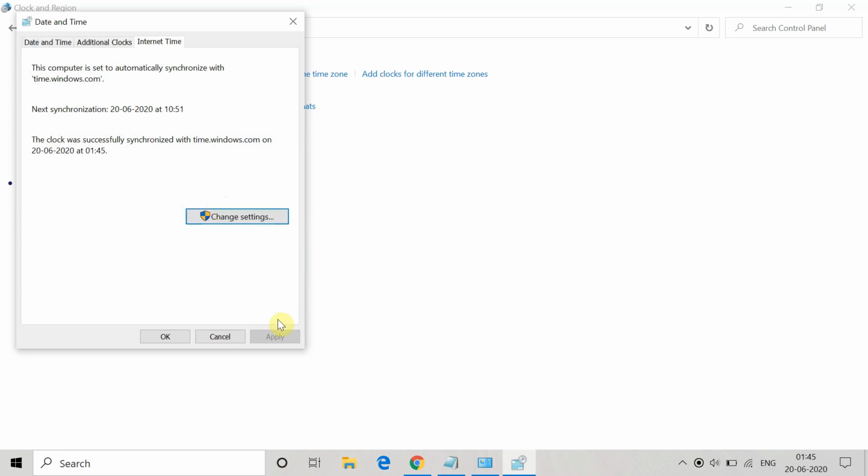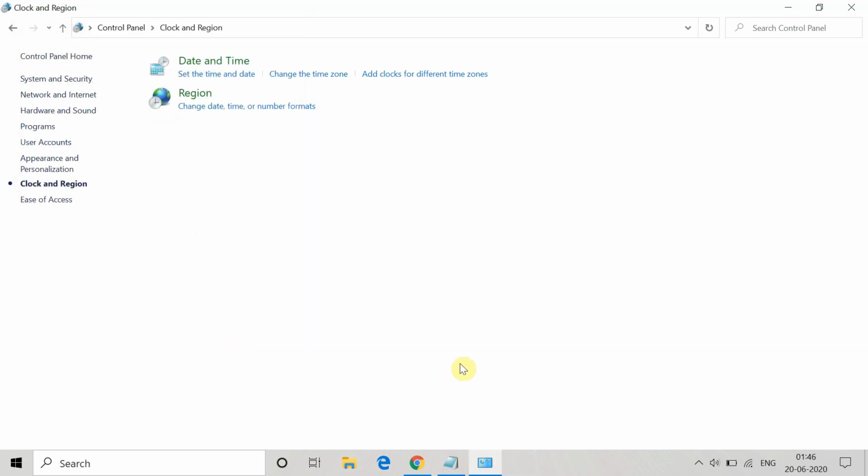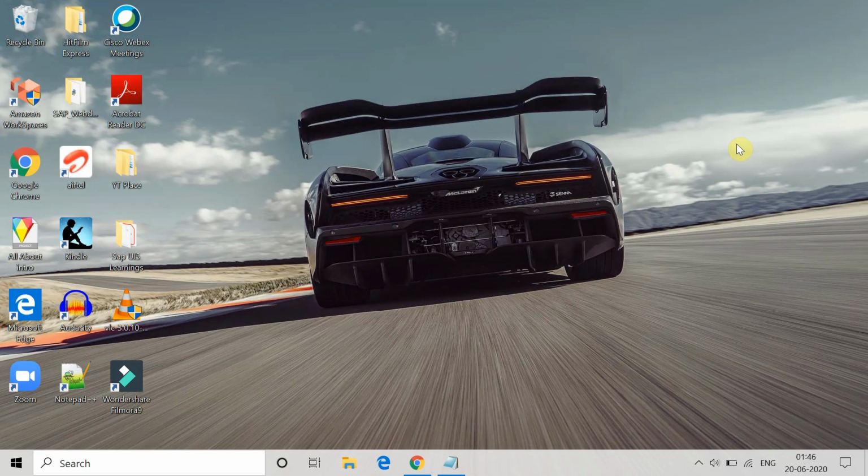So it will synchronize you with Windows. After that, just close this window and the Control Panel, close everything, and then restart your system and check if you're still getting that error or not.